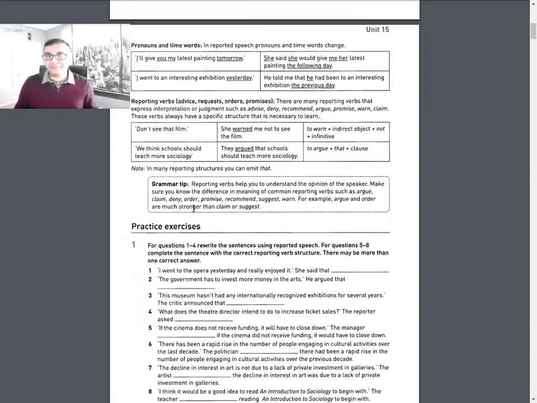It's the following day. What we're talking about: I went to an interesting exhibition yesterday. He told me that he had been to an interesting exhibition the previous day. There is nothing we call yesterday. Remember, we are reporting speech all the time, and not only days, even time. Imagine you are in front as a TV presenter, like a CNN presenter. You're not going to say, she said at this moment this. No, you're reporting what she said. What she said has already become past. What is the future?